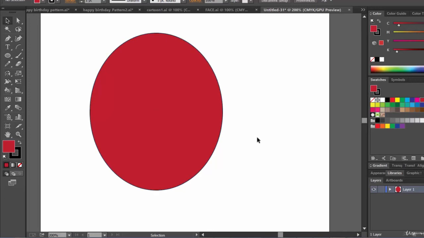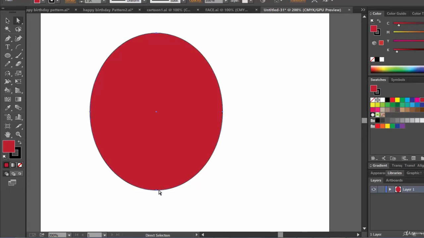Now for understanding anchor points or anchor handles, you need to work with the direct selection tool. Using the direct selection tool, draw a marquee over this, or you can say drag a selection on this ellipse.